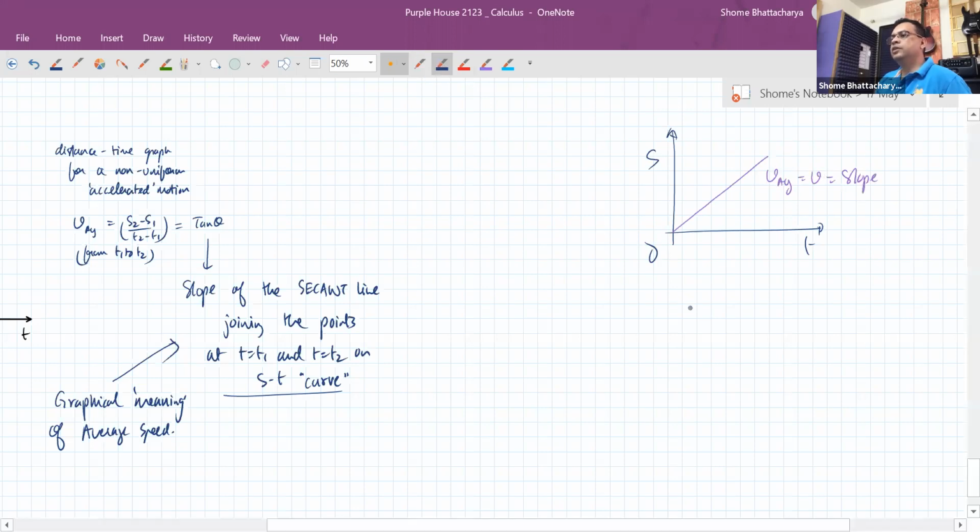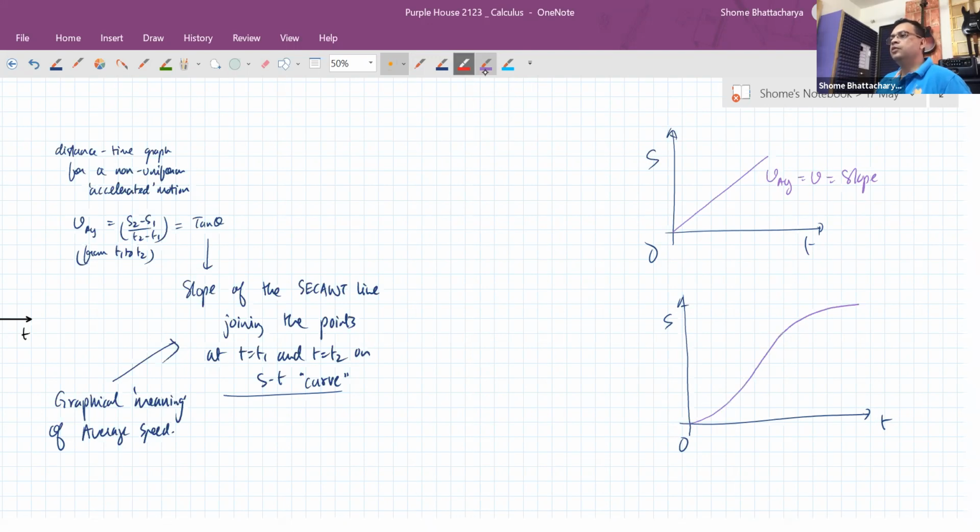Okay, but the moment we have a situation where the distance versus time graph is curved, and now I'll take a more general case, it could be curved in such a way that it accelerates for some time and then later decelerates also. Something like this is also possible. But now when I talk about V average, it is still the slope, but the slope of what? It's not the slope of the curve, no? It's the slope of some kind of straight line. So which type of straight line? If this is my T1 and this is my T2, then I have to join these 2 points with a straight line. And it will be the slope of that straight line.